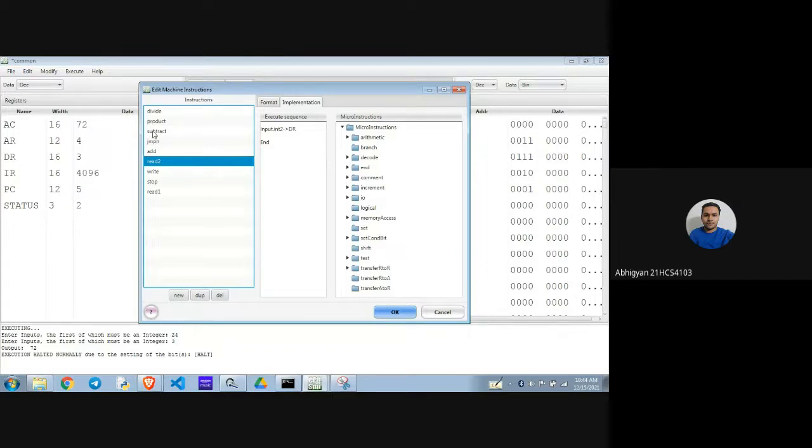Then I have applied a subtract statement which will subtract the data of the accumulator register and the data register and store it into the accumulator register, and then it will end the sequence. And then the write action will be performed, by which the resultant data in the accumulator will be shown as output.